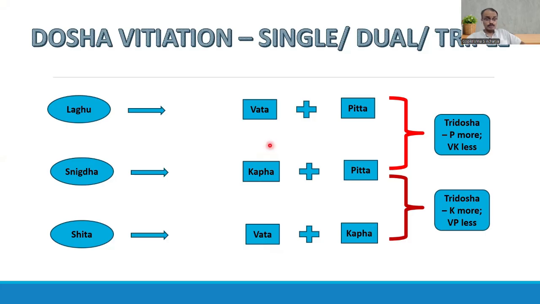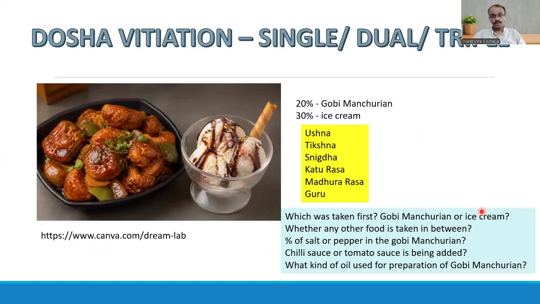Suppose the person is going to consume laghu and snigdha guna, then we are going to expect pitta dosha vitiation more, but to a lesser extent vata and kapha dosha vitiation. If the person has snigdha and shita guna exposure, then we are going to expect the kapha dosha increase more and the vata and pitta dosha increase to a lesser extent. In this way, we have to analyze the dosha vitiation in terms of the guna. Regarding the dosha vitiation, for example,